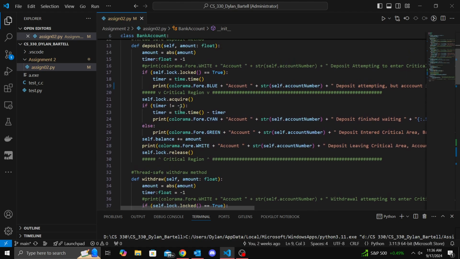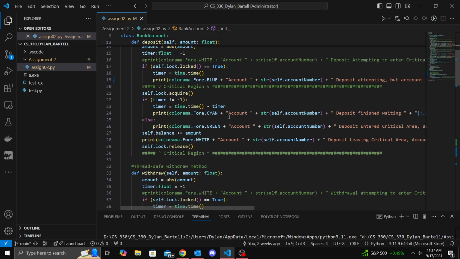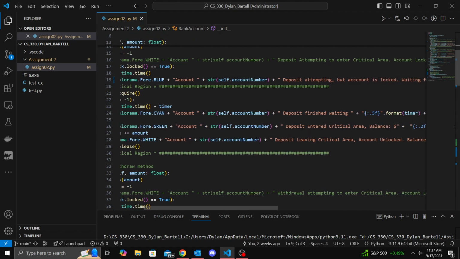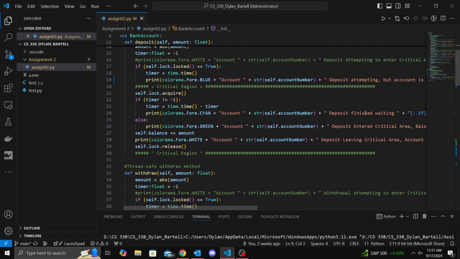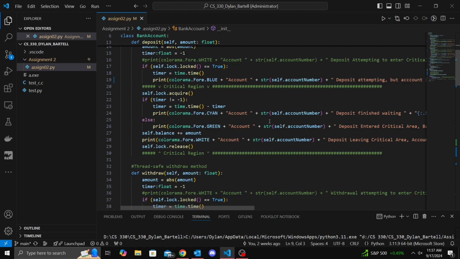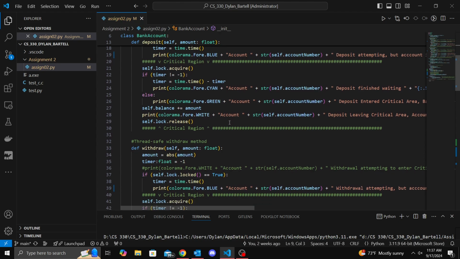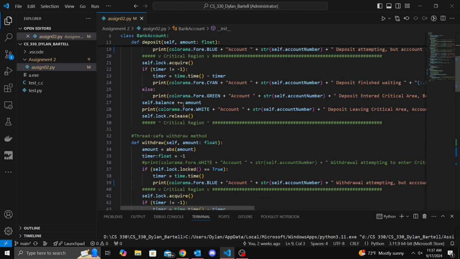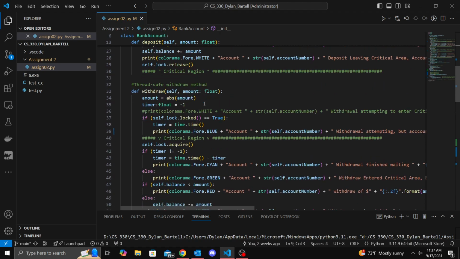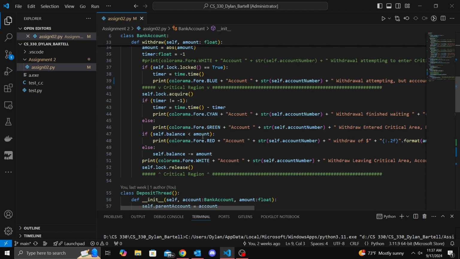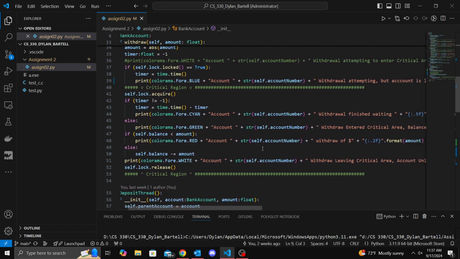Then, if it had been locked and the timer was counting, we say how long we had to wait for that lock to become available, and we say we're entering the area to perform the process. If there was no lock, we just say we're directly entering the area. These messages are color-coded using the colorama library that we imported. So we perform our process, which here is adding to the balance, or here is subtracting the amount,